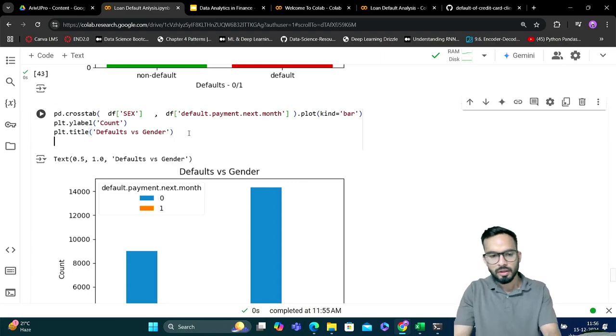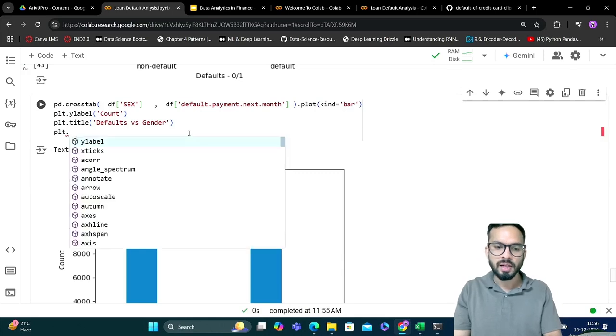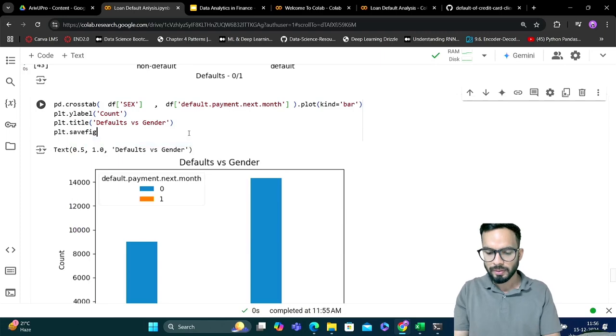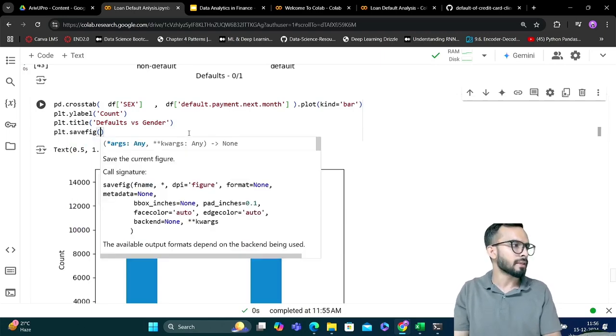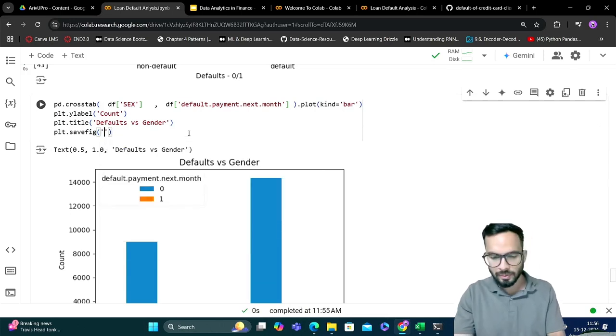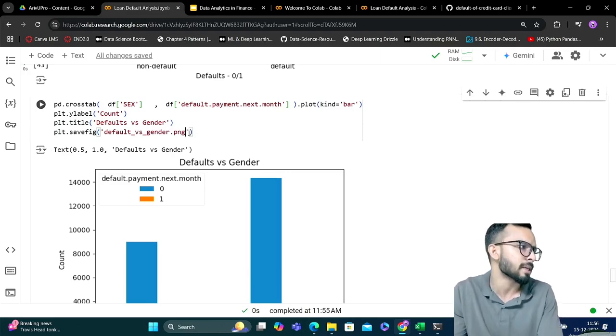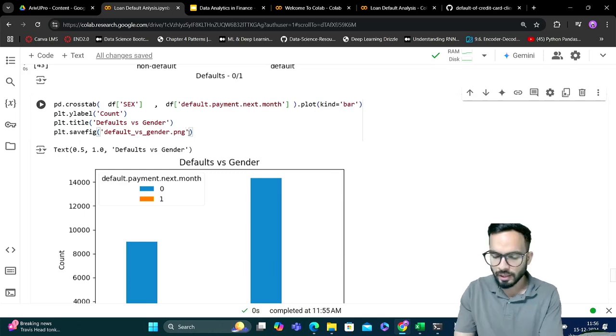If I want to save this, we just have to write plt.savefig. In the brackets you give a name to your graph. For example, I can say default versus gender, and you can specify the type. So I'm saying .png. So when I run this now,